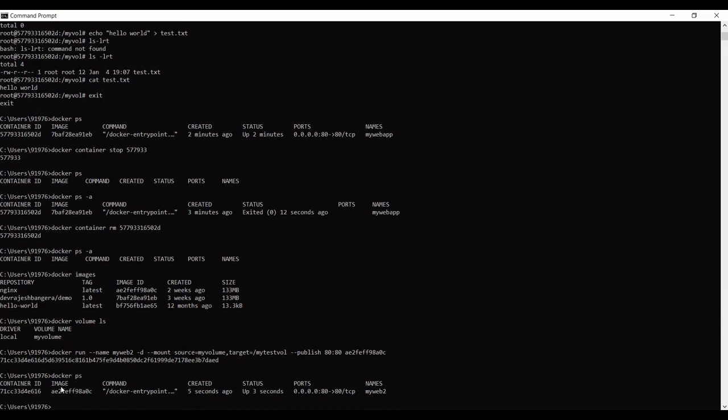Now again we will log into this container. As you see, this container is running, and we can log into it now. You know the command by now, docker exec to log into the container.